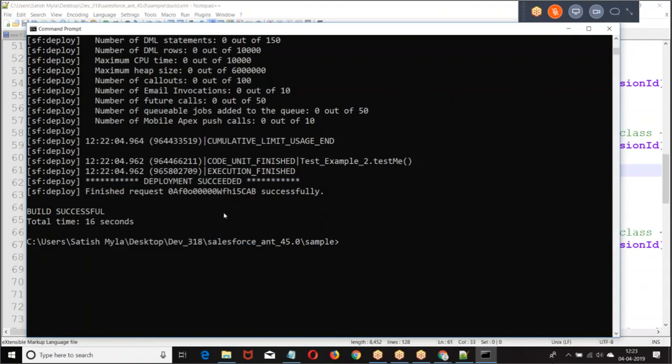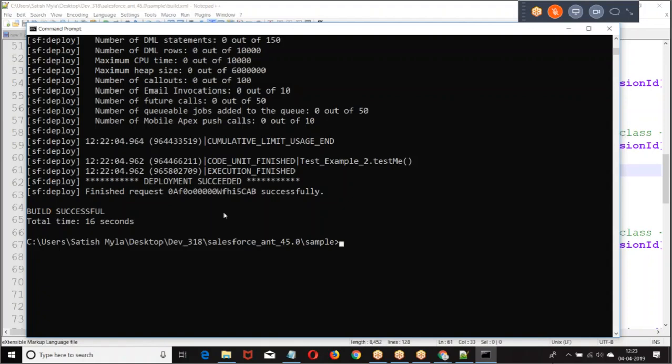Now basically you got an idea about the ANT format. How many files are there? 3 files. What is the first file? Build properties. Second file, package. Third one, build. Build properties will contain username, password. Package will contain which elements. Then we have build. It will create a target connection between package.xml and your build.properties.